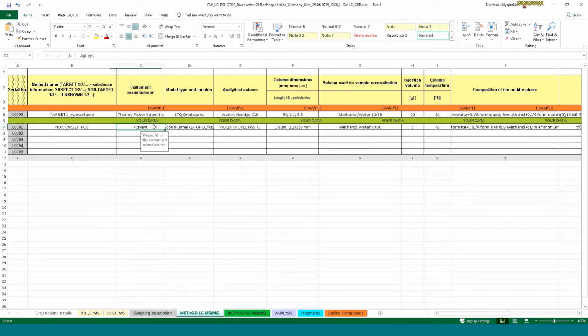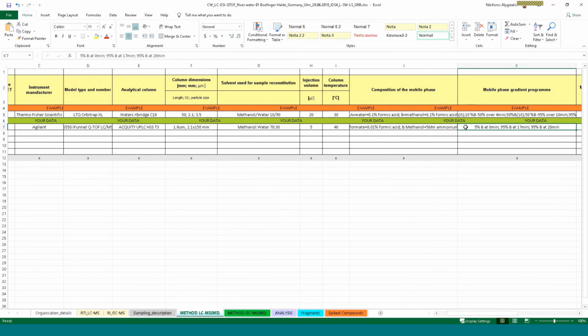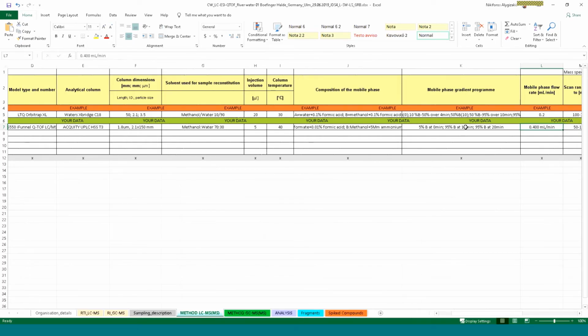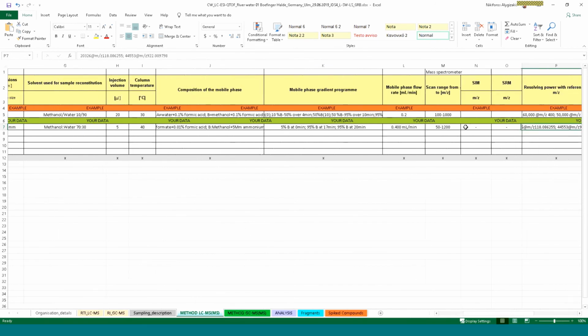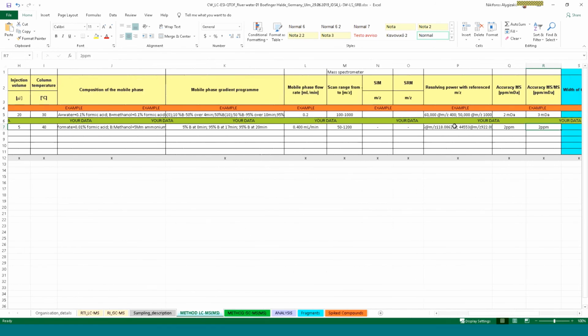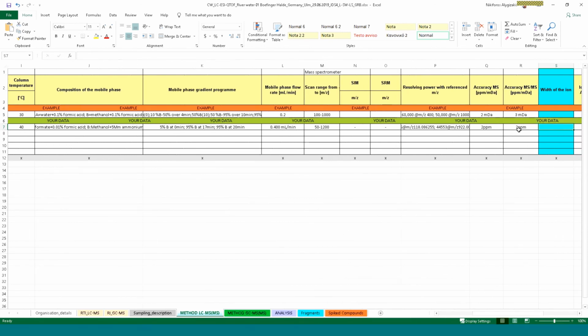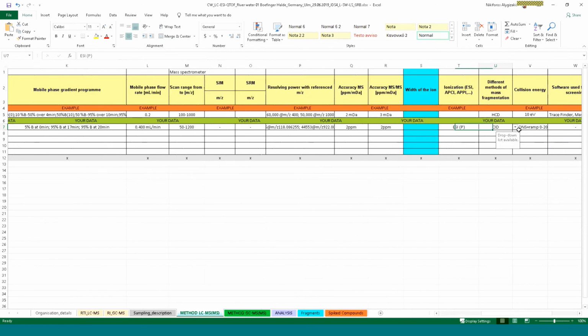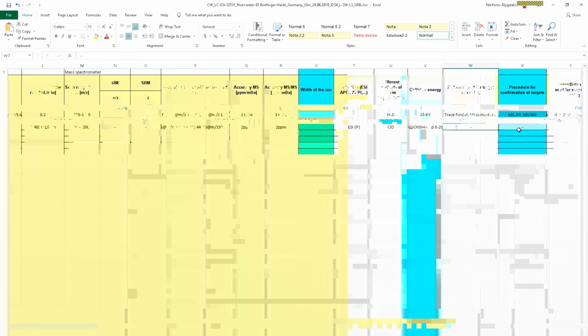Then we see the instrument type, the model type, the analytical column and its dimensions, the solvent of the extracts, the injection volume, the column temperature, the composition of the mobile phases, the gradient, the flow, the scan range, the resolving power, accuracy MS and accuracy MS-MS, the ionization type, the different methods for the fragmentation, and the collision energy.